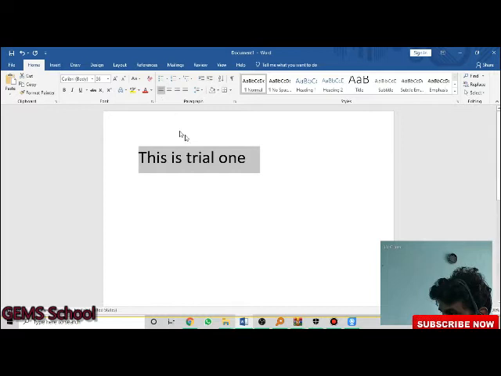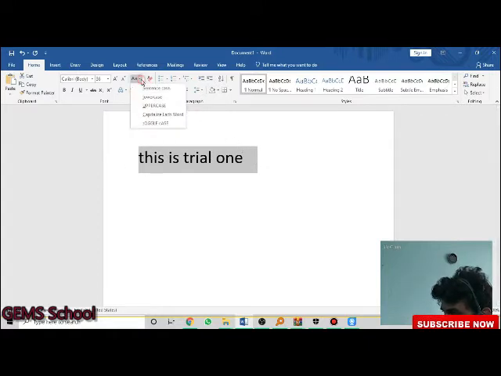Did you observe it? Now again, I want to change all the words into small letters, lower case. See, once you use this lower case, every word is converted into lower case. In case I want to change into capital letters, what do you do? I'm showing: if you have five or three pages, and you want to change the entire rows, yes, it is possible.